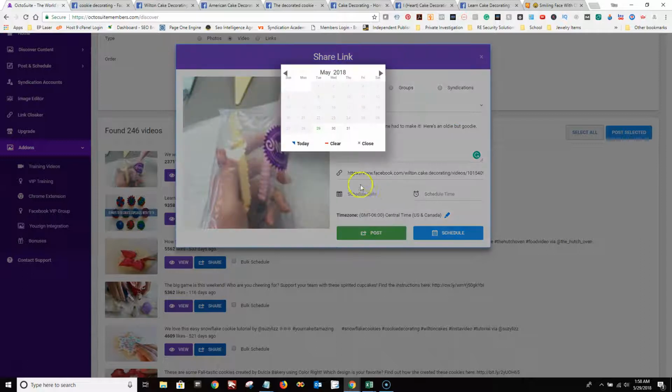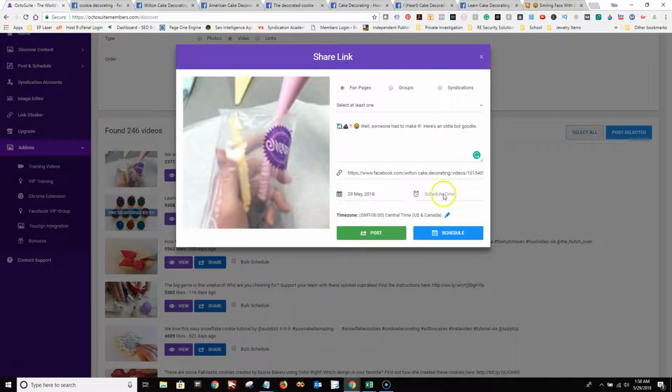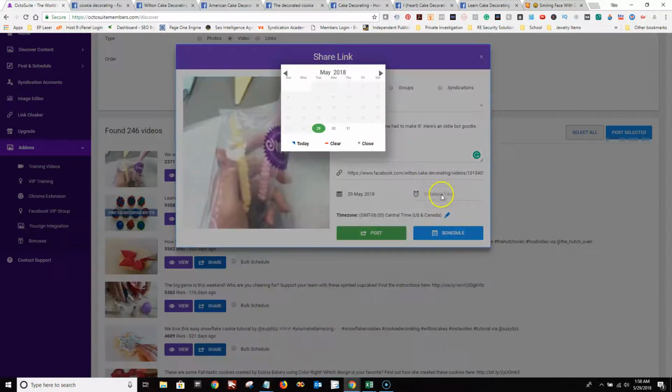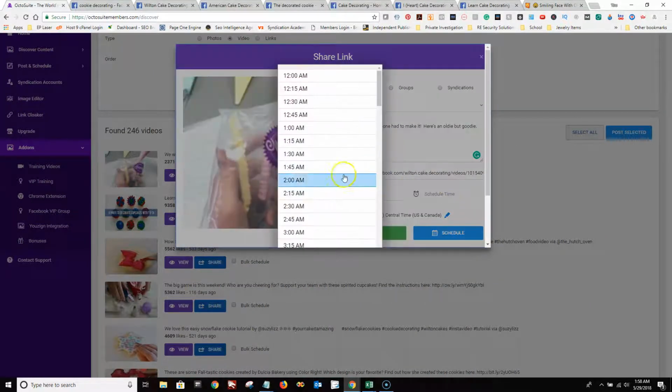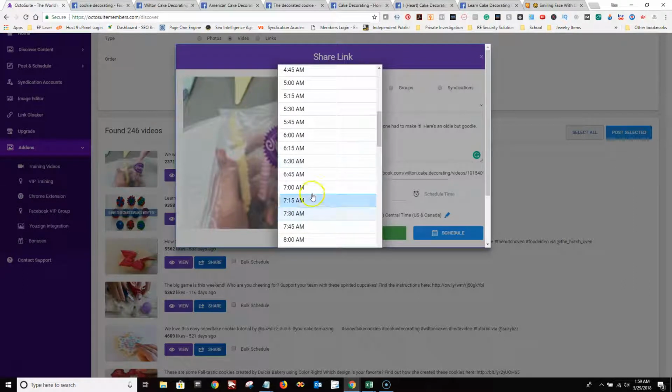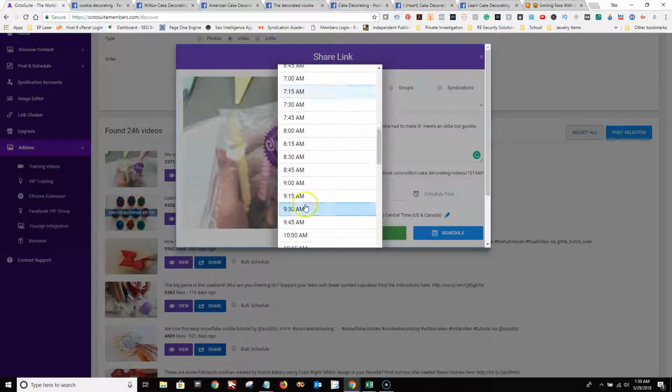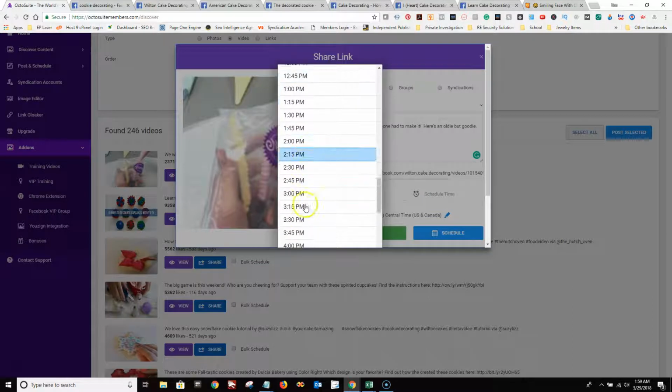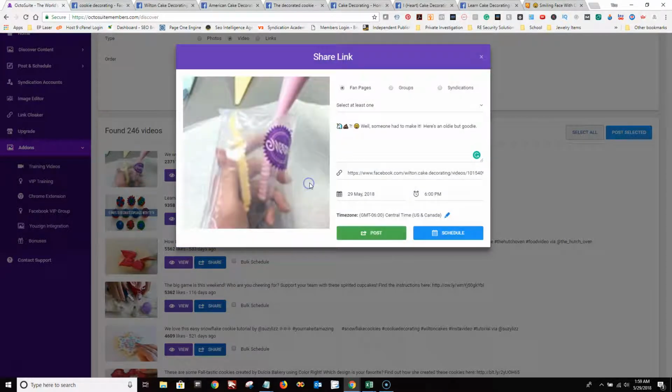All right, so I'm going to go ahead and schedule this for today. What time did I say? 6 p.m. I said today at 6 p.m. Now there's been some concerns about, oh, look, the times are all in quarter hours, and there's been talk about how if you have it even, Facebook knows that you're using some sort of software. Okay, Facebook knows that anyway because you're going through their API. So if that's the reason why you don't want to post at an even time, I wouldn't stress over that. Now, if it's because you don't want other people to know you're doing that, like a competitor or whatever,